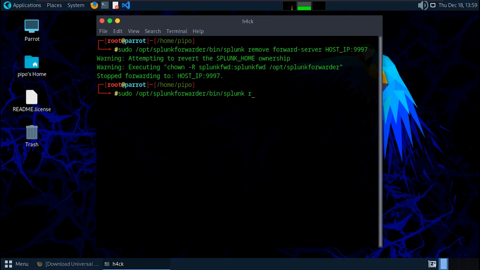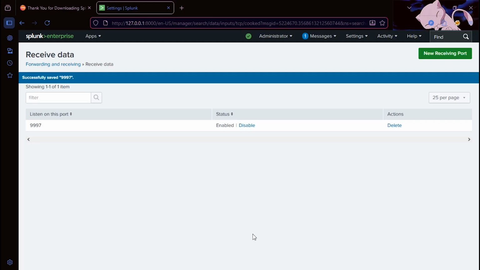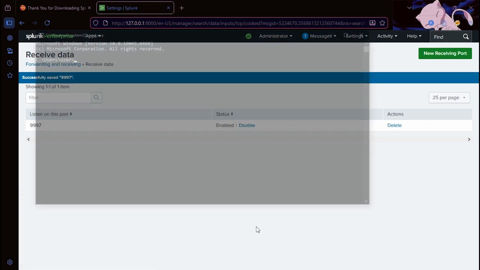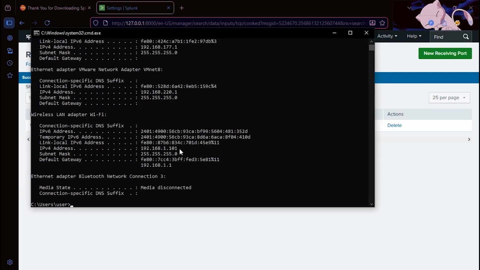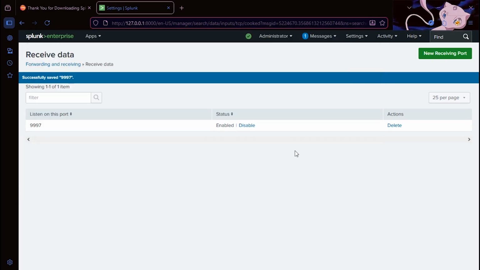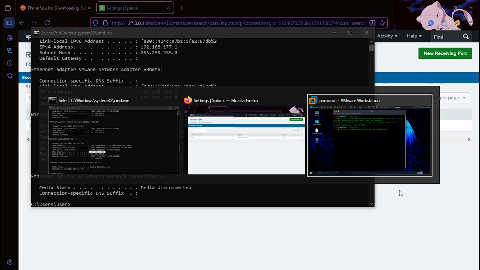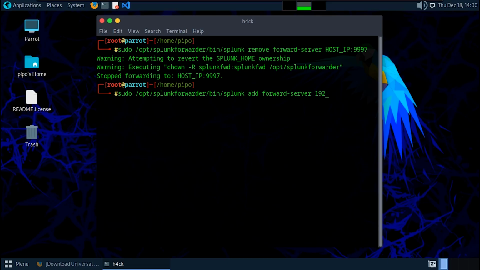After that, add forward-server, then the actual host IP this time, so it can actually forward to the Splunk dashboard. Okay, so let me check my IP using ipconfig on my main machine. So here's the IP: 192.168.1.101. Okay, so we'll be going back here and writing